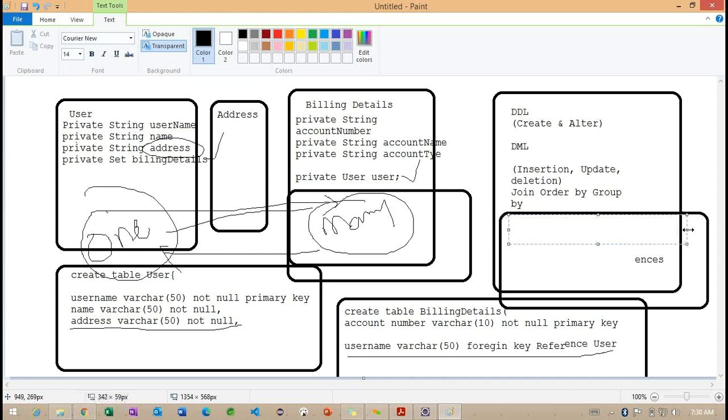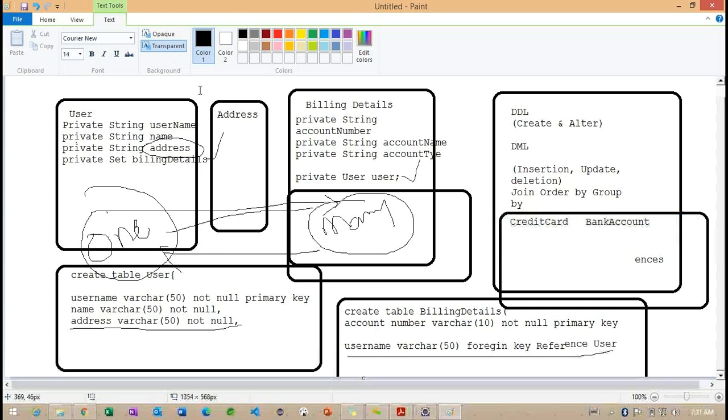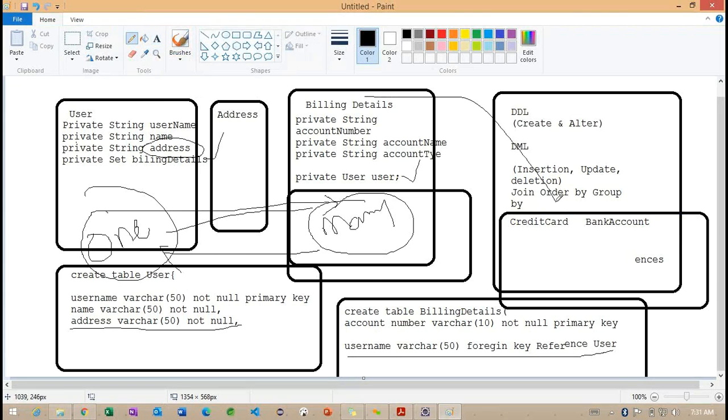Right. So imagine, whenever we are trying to work on the two other tables here, these two sections are available to this particular billing details section. So these are the subclasses to this particular billing details. Again, what do we need to do? Again, we need to alter the table because we need to make the relationship between these two classes, credit card and bank account. So these are the very important problems we are going to have here.